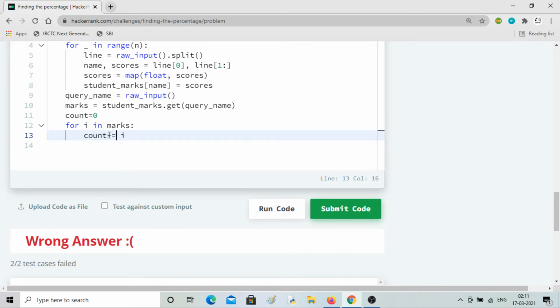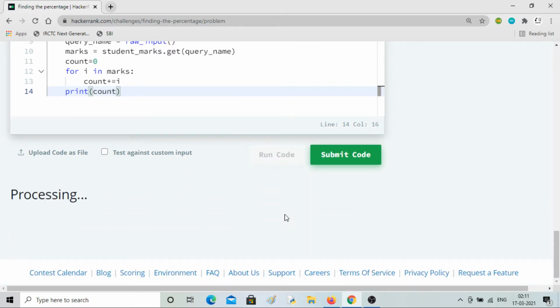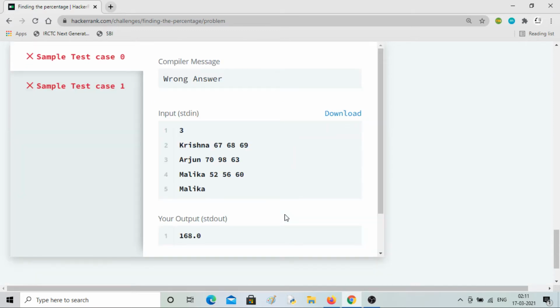Just to show you, I've created the spaces, so it will keep on adding. Finally what you will get is the sum of all the marks. Just to show you the sum of 3, you can see 52 plus 56 plus 60 is 168.